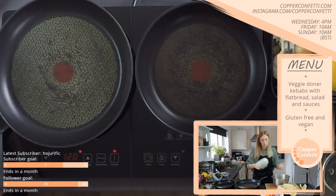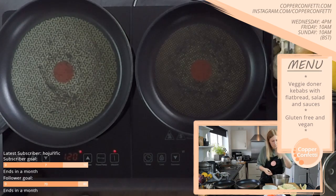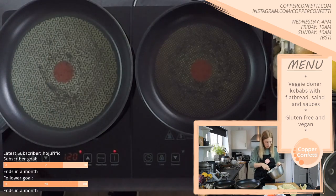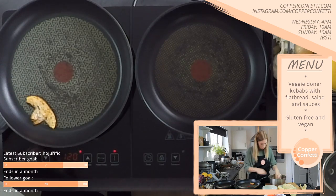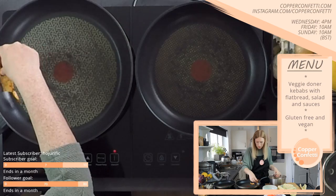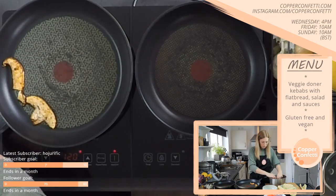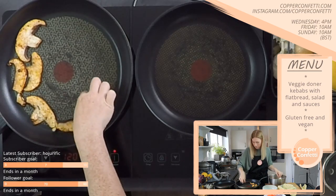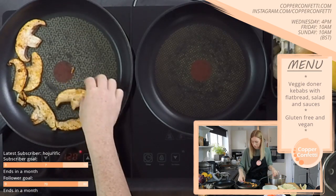I'll use this bowl for them. Right, so we're getting a bit of heat on this. So I'm going to start putting the mushrooms out. Maybe just do it with my hands. I'm just going to lay them out like this to give them the best chance of getting properly squashed. Doesn't sound ideal for a mushroom, but